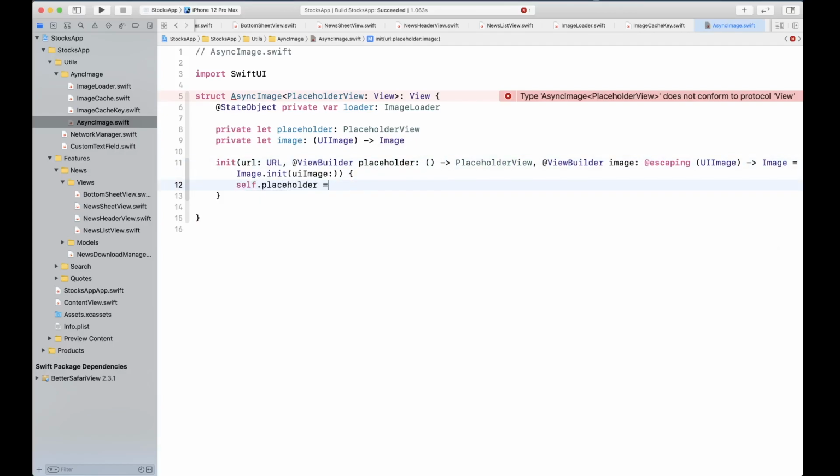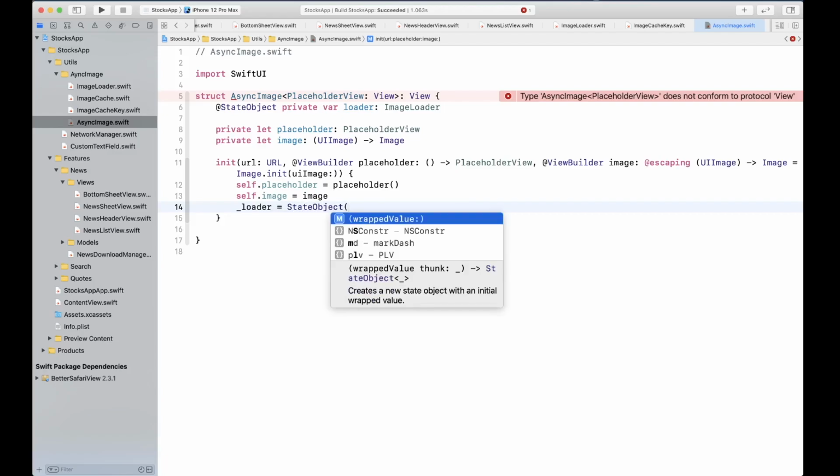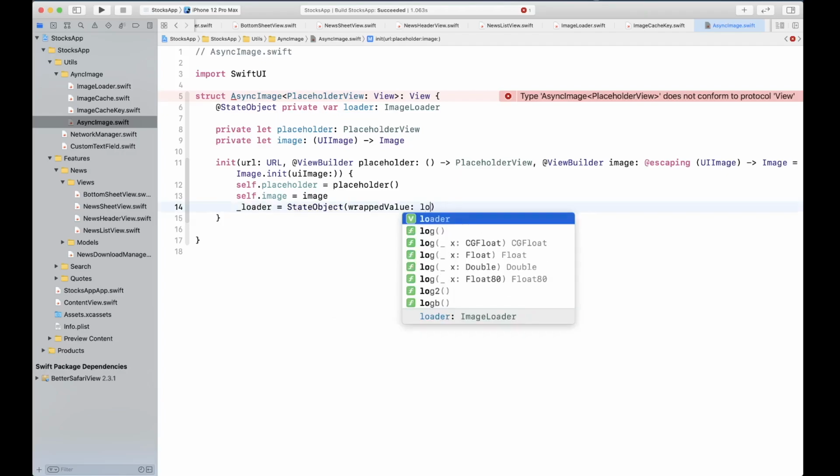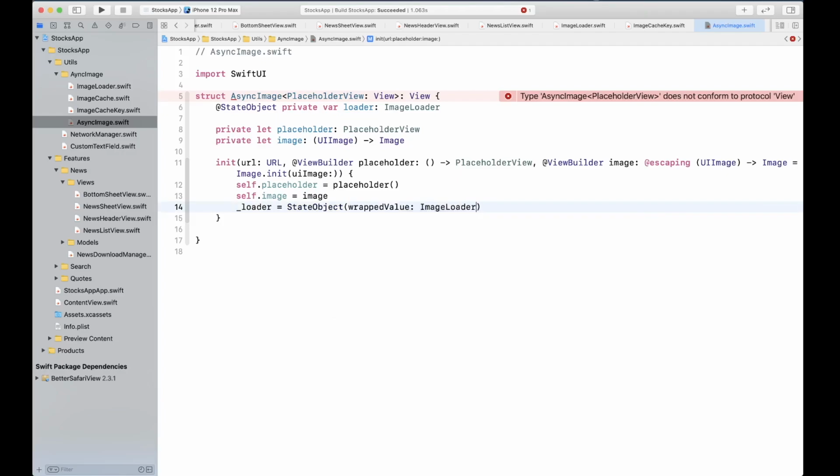We're going to say self.placeholder is equal to the placeholder, and we're going to call that, and self.image is equal to image, and for the loader we're going to say StateObject, and we're going to get its wrapped value from ImageLoader.